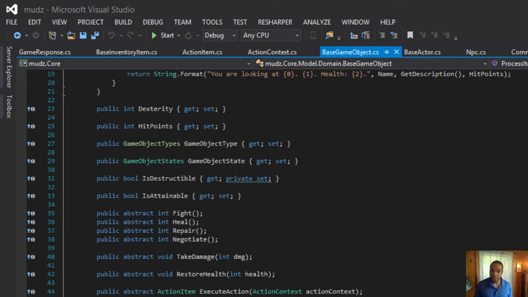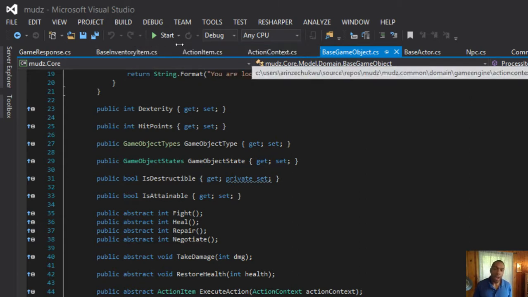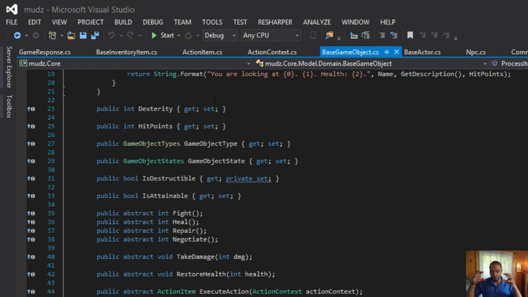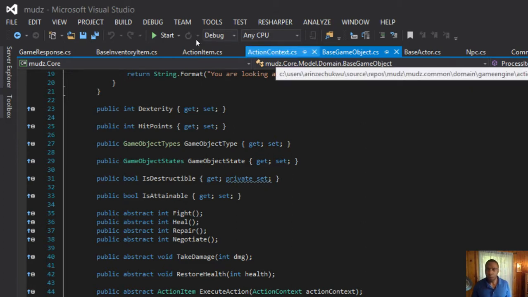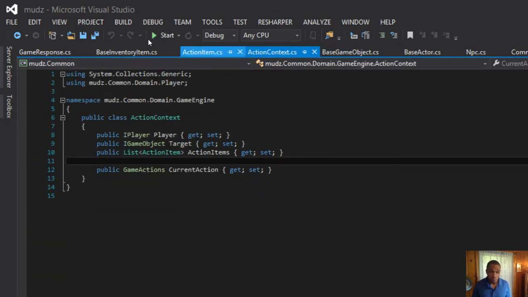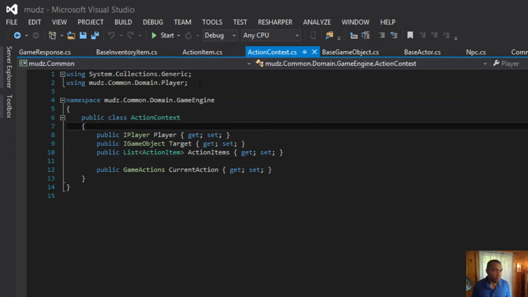Created an application context and an action item. I'm sorry, did I say application? I meant action context and action item. This is going to be what we use to dig through the layers of our hive mind. And then when we come back out, we'll take the application context and transform that into a game response. Whereas previously, we had the game response burrowing down into the hive mind. And it really limits us a bit in terms of both what the definition of game response can be. It gets overloaded really easily. It gets confusing. And also what its responsibilities are. So too many concerns being handled by one thing is never good.